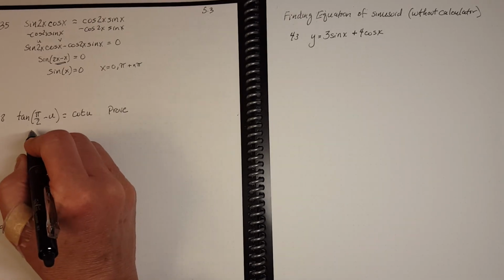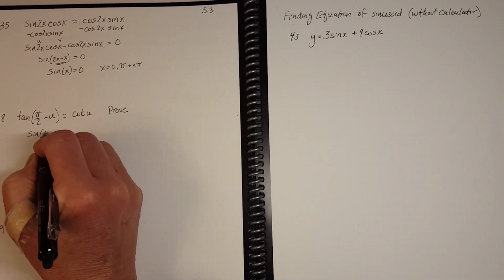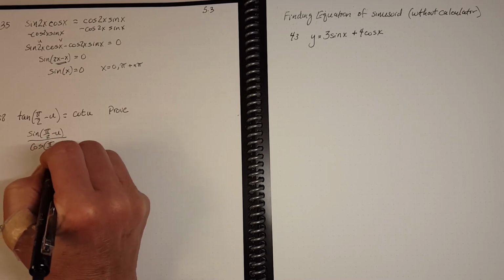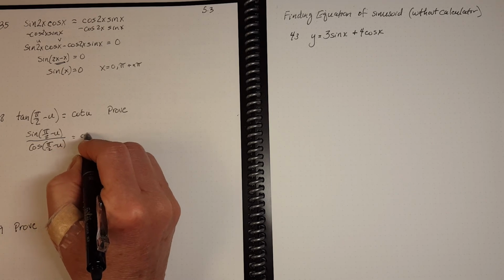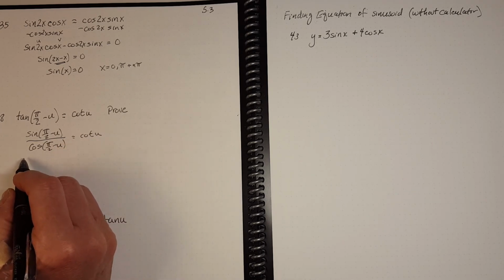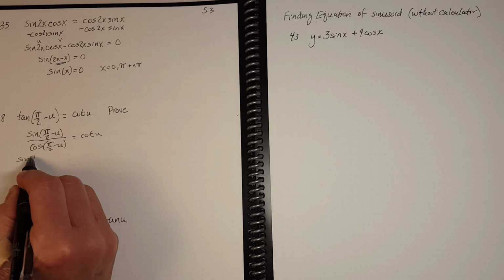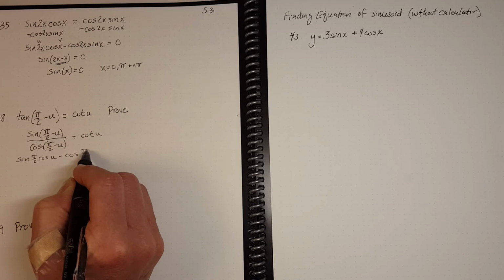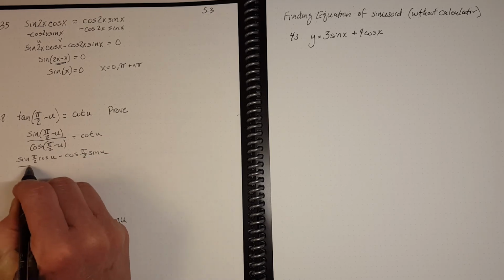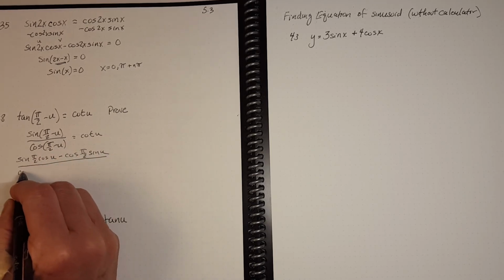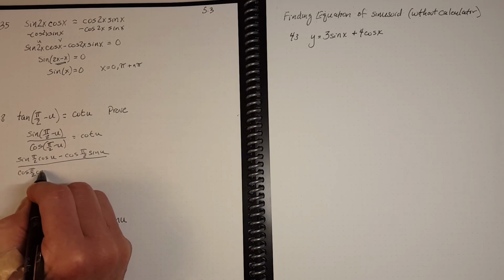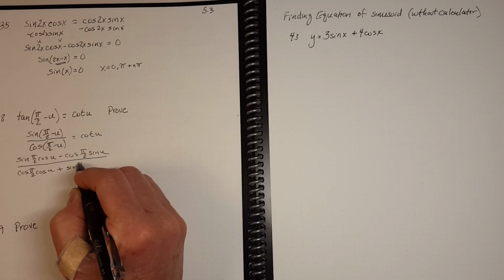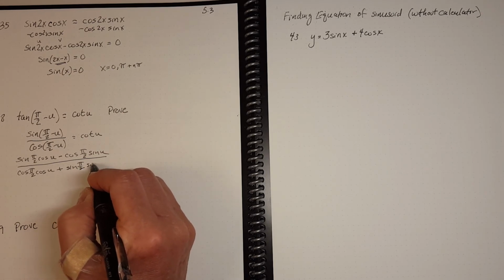And so I'm going to do this as a sine and cosine. So we're going to say sine of pi over 2 minus u over cosine of pi over 2 minus u, because that's what tan is, and we're trying to prove that that equals cotangent. And then we'll expand these out using their identities. So sine of pi over 2 cosine u minus cosine of pi over 2 sine of u over cosine of pi over 2 minus u, so that becomes cosine pi over 2 cosine u plus sine of pi over 2 sine of u,